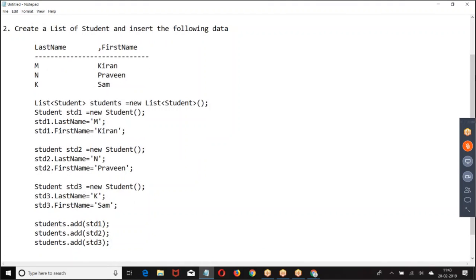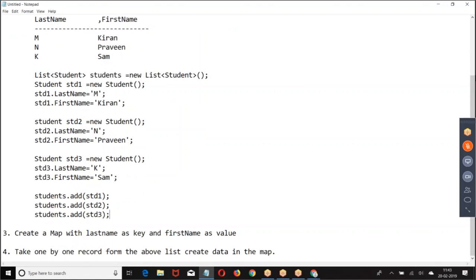This is how we have taken. So we have created a list of students.